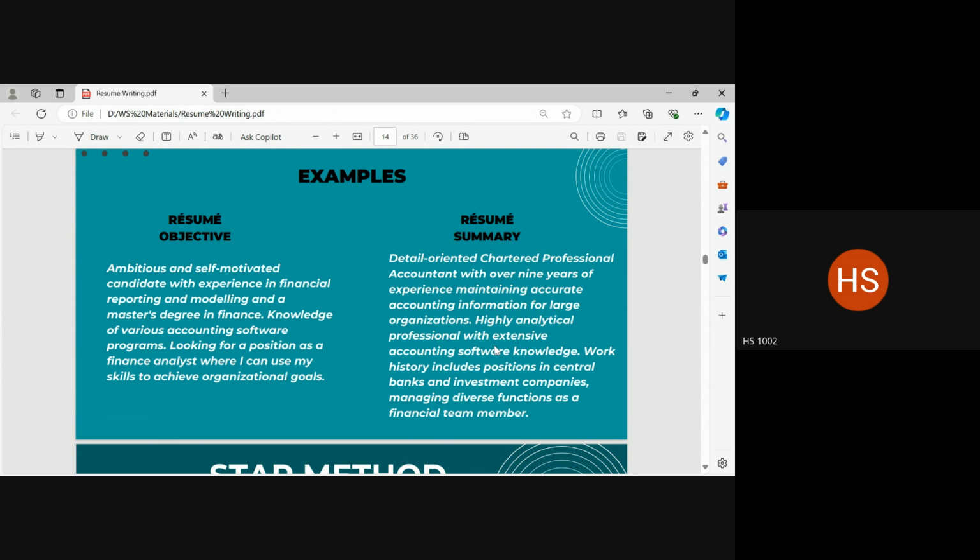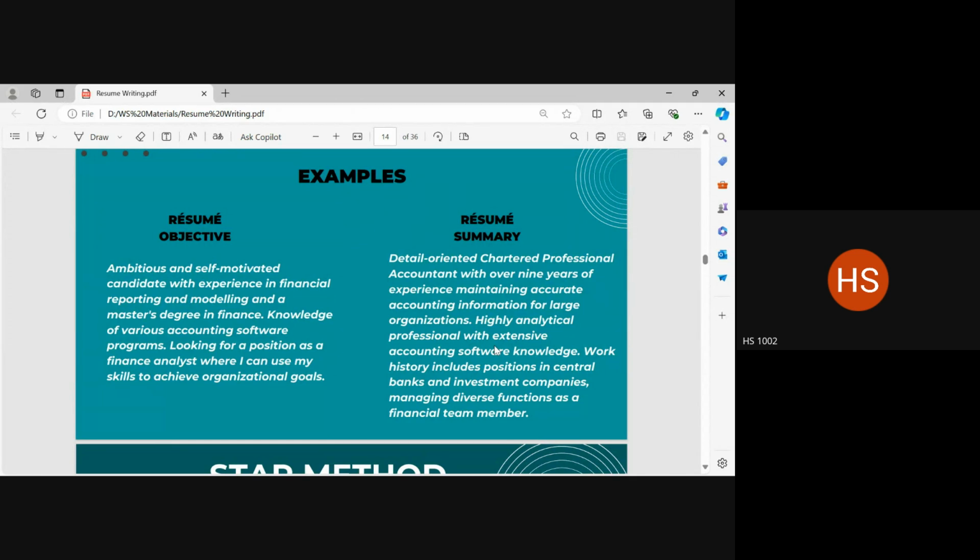The difference between the two is very starkly visible here, right? When you are an entry level applicant, it is very necessary for you to be highlighting the kind of degree you have, the kind of education you possess, the kind of skills that you bring to the table, the kind of personal qualities that you have: ambitious, self motivated, self starter.